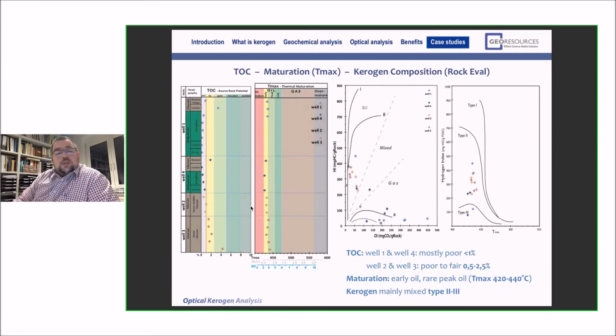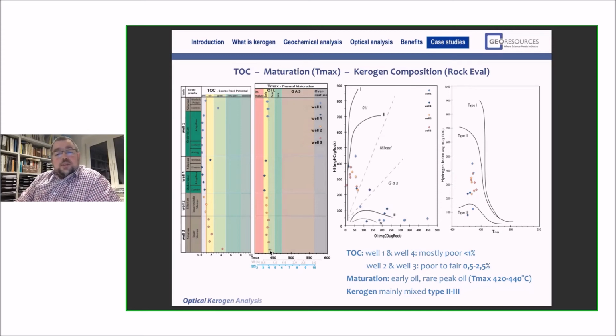And in fact, geochemistry and a bit of optical analysis, because this already was the first part of the study we did, because we are in the Silurian. Now we come back to the very beginning. I told you the land plants did not appear before the end of Silurian, early Devonian. And vitrinite is produced from land plants. It's a woody part of land plants. So in the early Silurian, we have no vitrinite to analyze maturation, which is a big problem in many early Paleozoic plays. We have no vitrinite, and therefore we have lost the most reliable and best established maturation parameter that